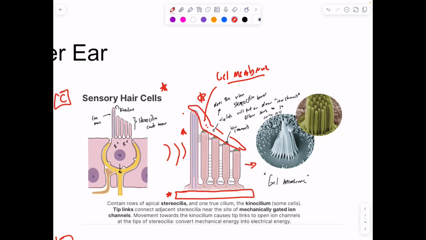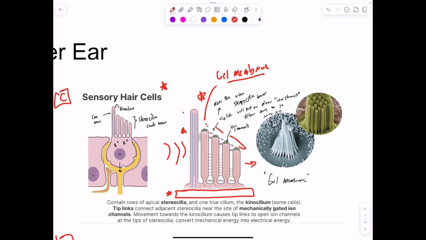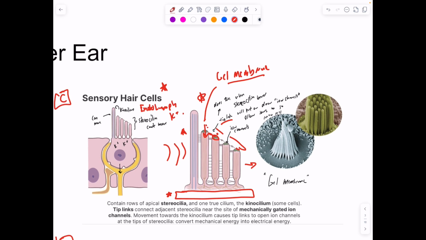And so with motion of these hair cells, you have these little things called tip links, right? Those little proteins are mechanically connected to these mechanically gated ion channels. When our hair cells move, the tip links are going to cause the mechanically gated ion channels to open. And we said that they're all surrounded by endolymph. That endolymph, with high potassium, is going to go into the cell and cause a depolarization, and then you'll get an action potential